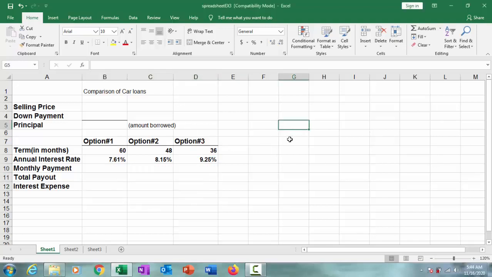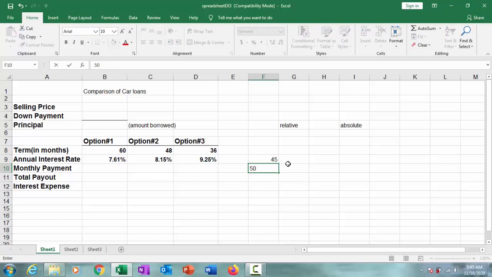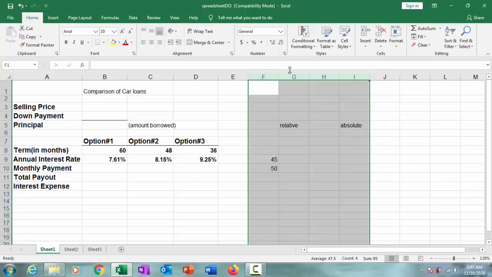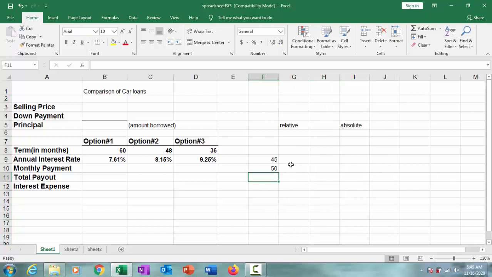Let me just type that: relative and absolute. Sorry, the spelling is wrong. So, a relative and absolute reference. Say for example, let's have 45 and then 50. I'm just citing a very simple example for us to understand the difference. So let's have an equal sign, the 45, which is F9, plus